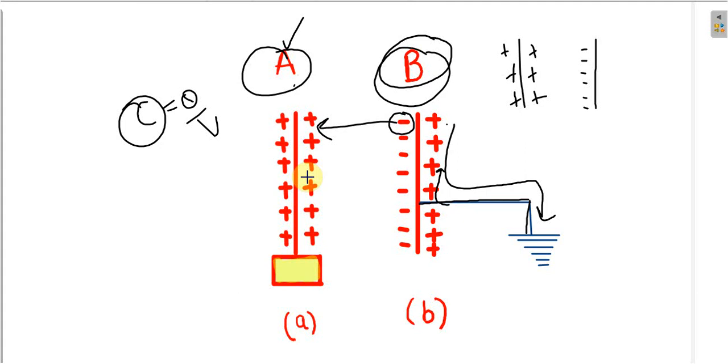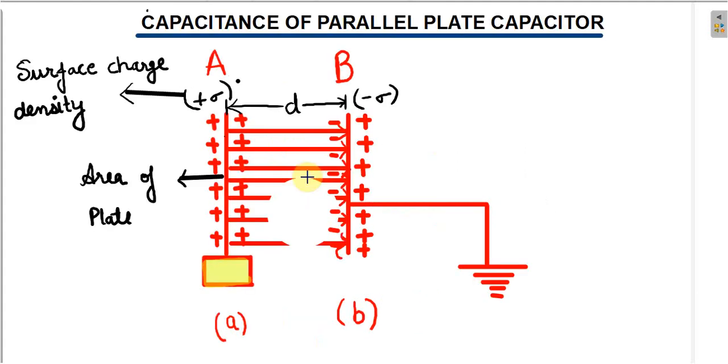Now, next we will discuss the parallel plate capacitor. So the same diagram we are taking from the previous topic. In this case, you can see here we have a positive charge plate, that is your A plate, and this is your surface charge density. In the first chapter we discussed what surface charge density is. Surface charge density is the ratio of charge per unit area.